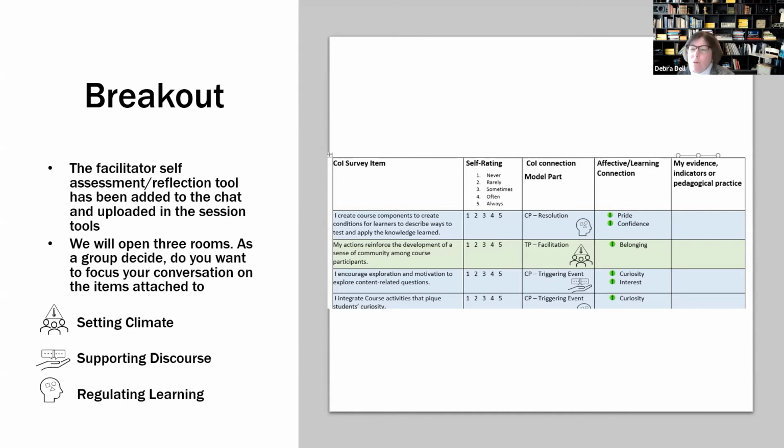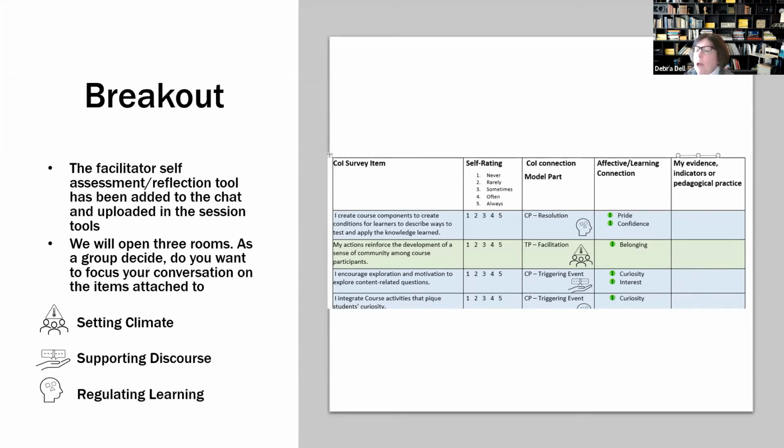Okay, so just before I get you to start looking at the self-assessment tool for yourself, I wondered if there are any questions or comments on anything that I presented in terms of the history of the model, the efficacy, and the really centering of the importance of emotions. Okay, well, you can talk and ask questions at any time, and if everybody would open their mic, I'm just going to explain the tool to you, and then just have you think about what your evidence and indicators in your own pedagogical practice are of each of the items.